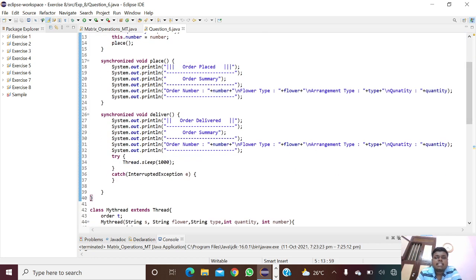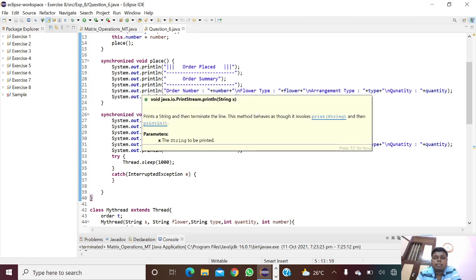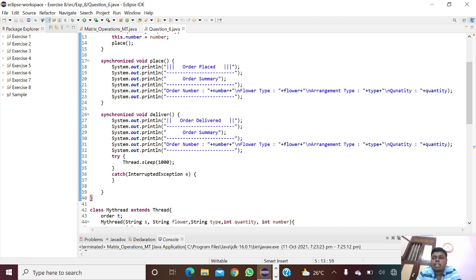Next using the synchronized keyword for place order, so that it gives order placed and order summary, with order number, flower type, flower arrangement type and quantity. Next we're going to give a synchronized void deliver, the same for the order number, flower type, arrangement type and quantity.